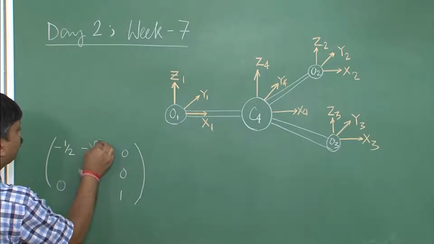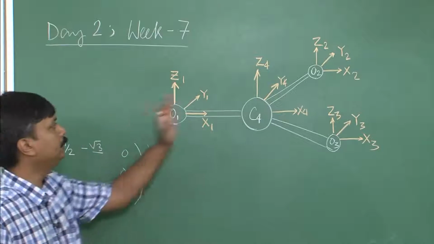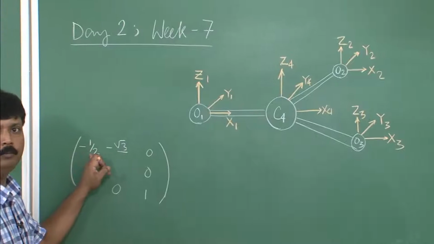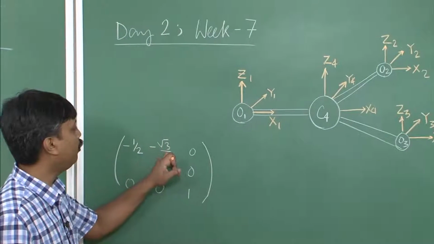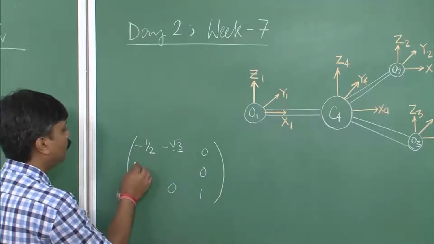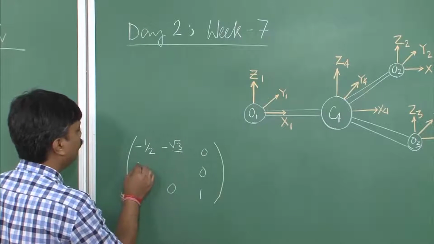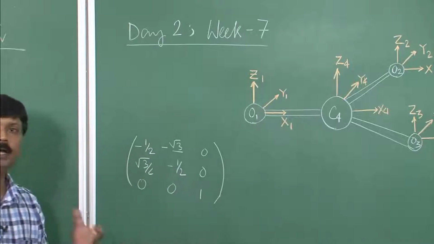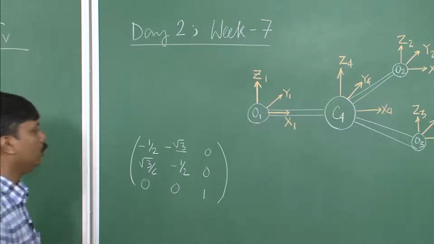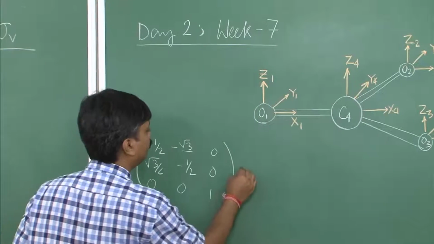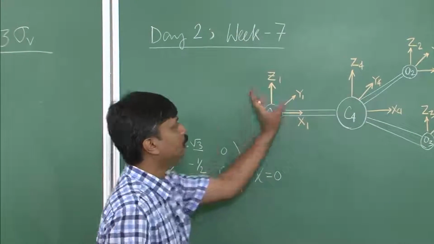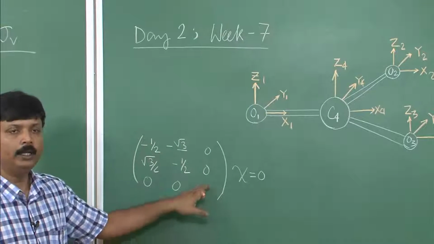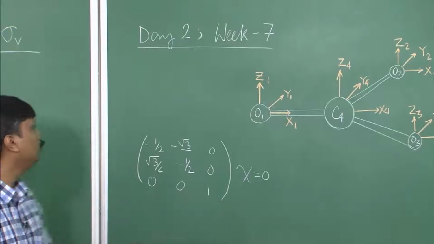Okay, because if you apply C3 on x4, it will give you minus half of x4 minus half of y4. The other part will be root 3 by 2, and here it will be minus half. You can figure this out yourself. Therefore, if you look at the trace of this, you will have 0. So the rest of the 3 oxygens contribute 0, and this one also, though they contribute to the diagonal, the overall sum will be 0.